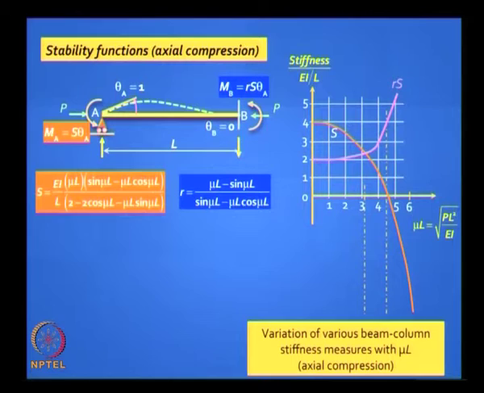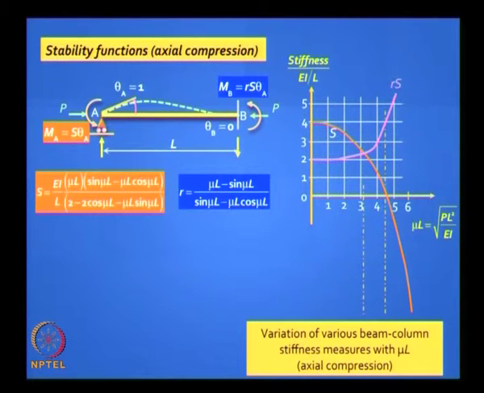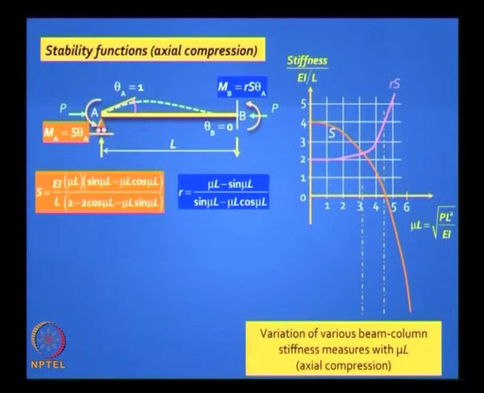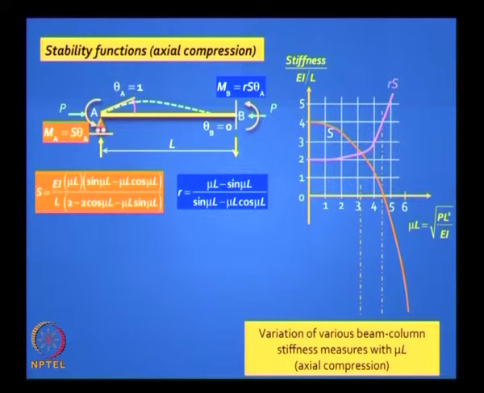These are known as stability functions, and the default values of R and S are, for S the default value is 4, okay, 4 EI by L, and for R it will be half. Okay, so R into S is the carryover moment. So we have these expressions. We also have a tabular format if you wish to use, but the equation is very easy to put on a spreadsheet and you can get the solution accurately.